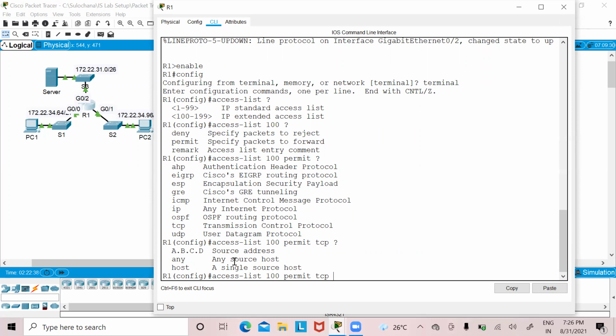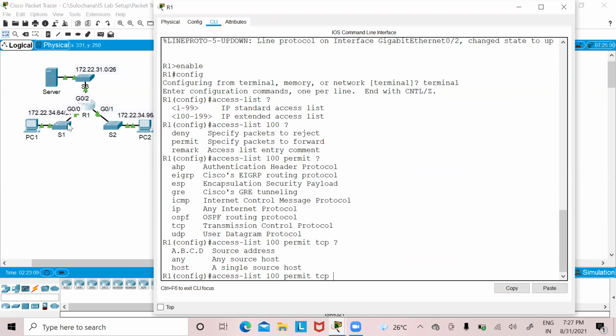One thing is we can just filter for PC1 by using this host keyword, or we can allow the complete, entire network, so this network which is connected on this router on this site. So what we can do, we can filter just for this PC1 by using the keyword host, or we can allow any host, or any from this network. In this case, any device is allowed that is belonging to this particular IP address